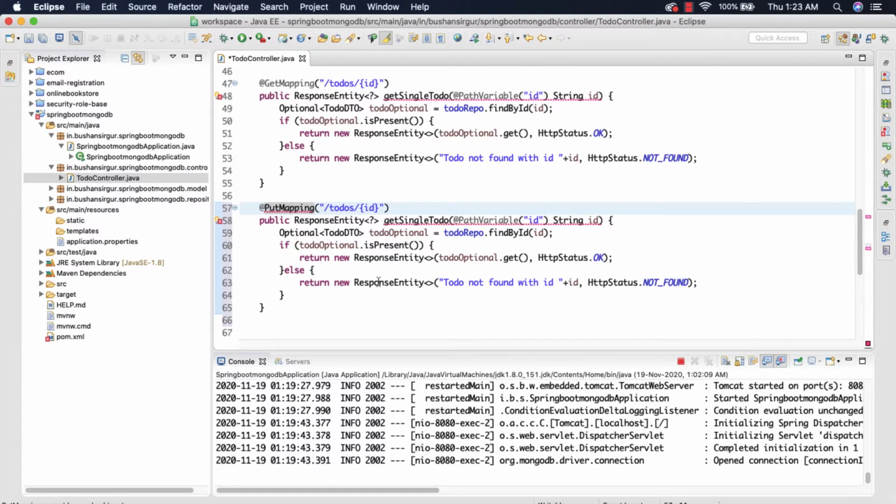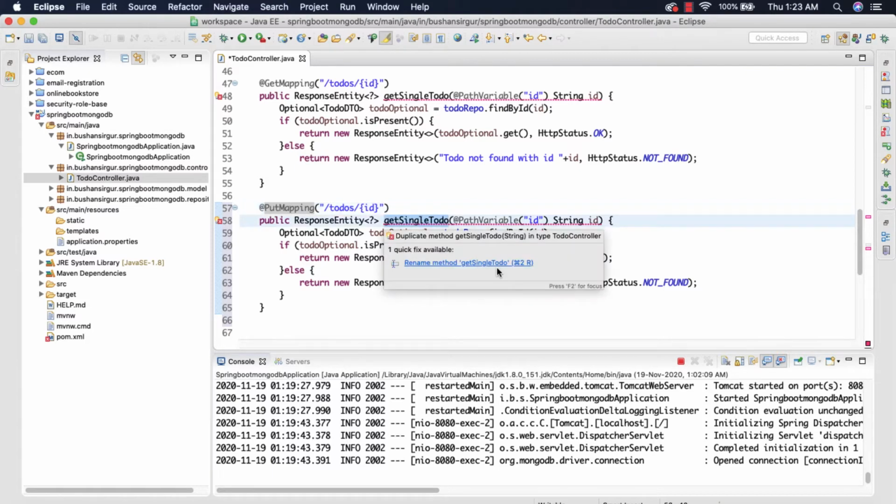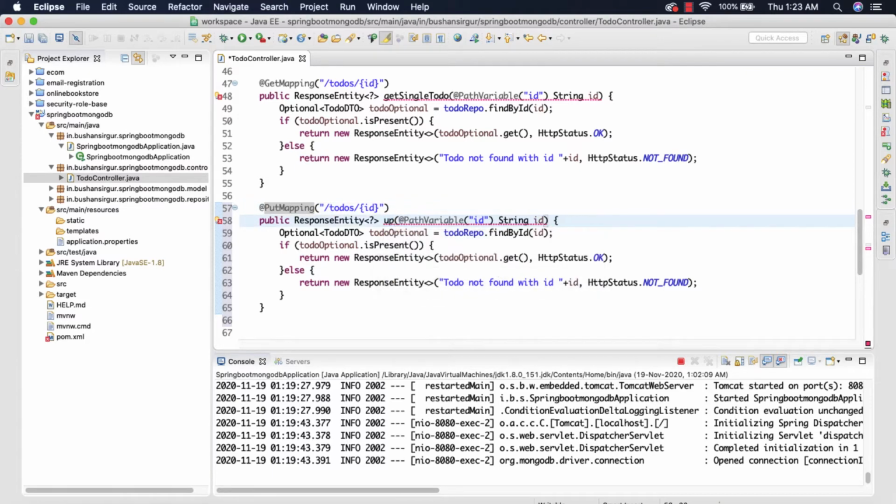So let me import this, and the URL should be the same, and I'm going to change the method name to updateById, and the path variable I'm going to leave as it is, and we're going to accept one more parameter which is @RequestBody and ToDoDTO which is todo.